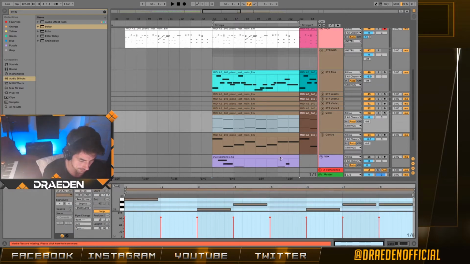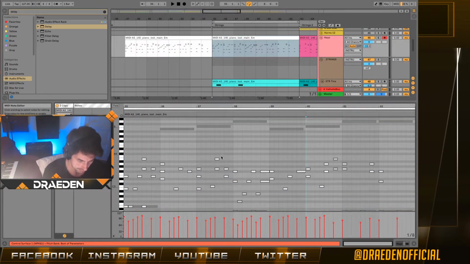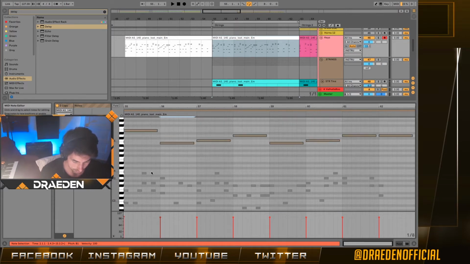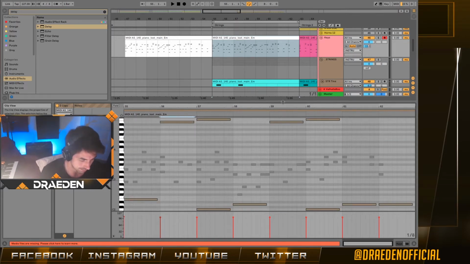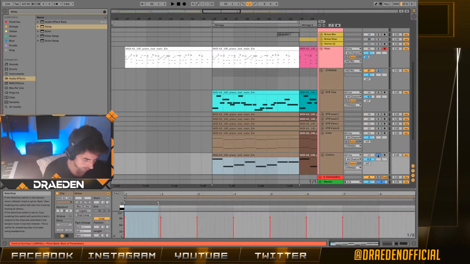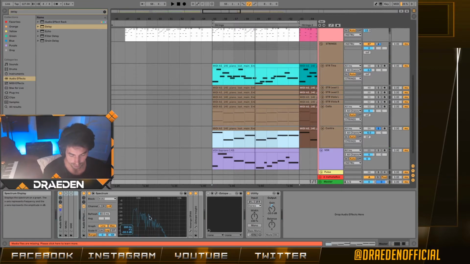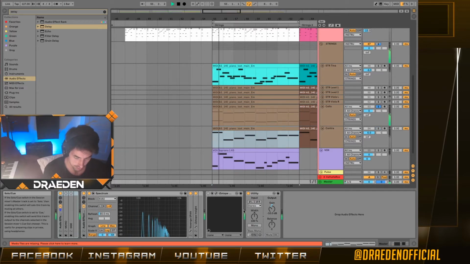So if we select that and the piano, as you can see, it's also following the same notes of the piano, right? And if we check on a spectrum analyzer, the double bass is taking care of the very, very low end. And let's check the cello. As you can see, it's doing the same thing, but just one octave higher. So when you layer them,